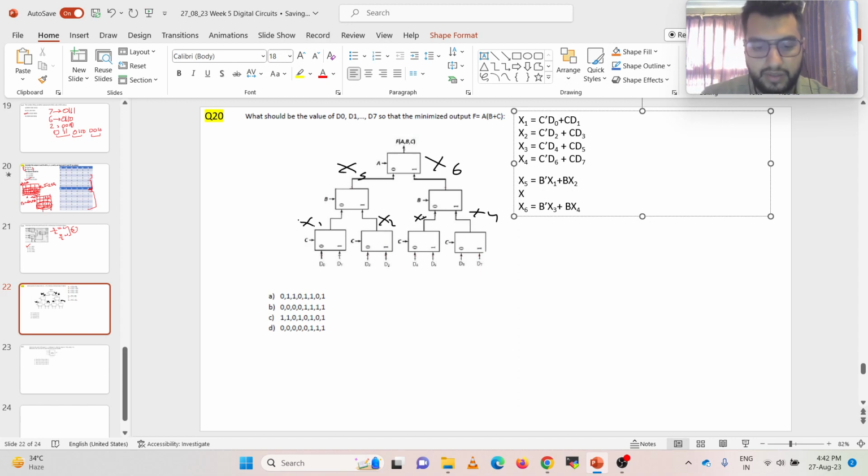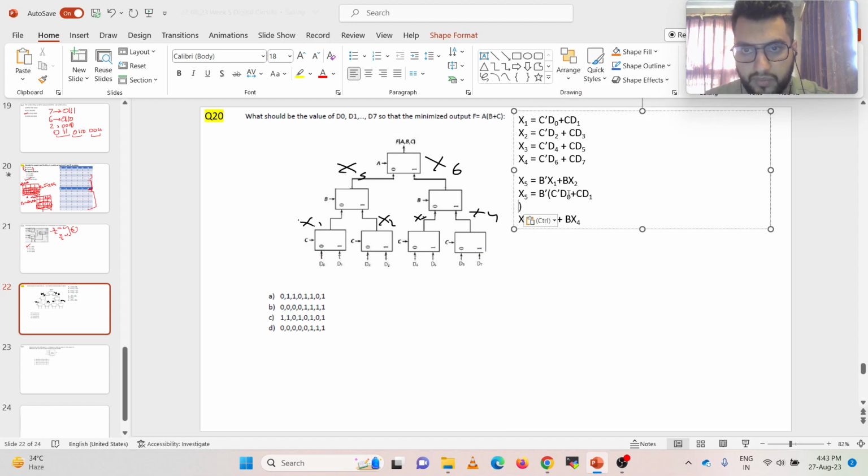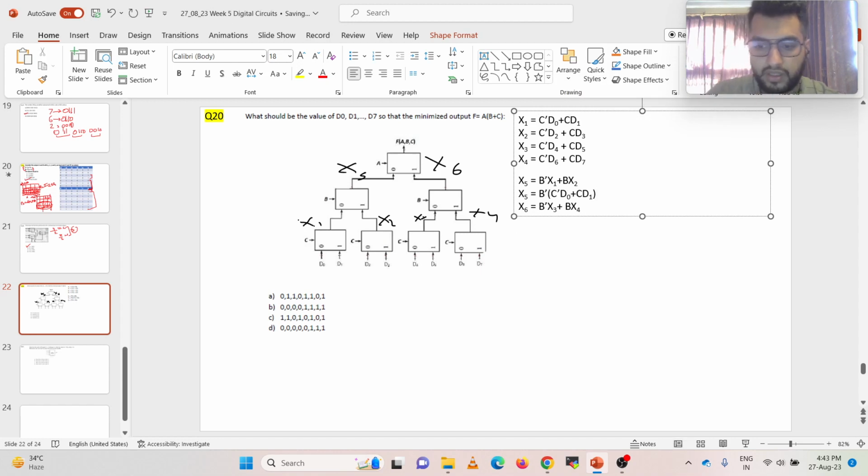x5 can be written as b bar as it is x1. So let's just put the value of x1 here. Then put b and put the value of x2 here. Now for x6,